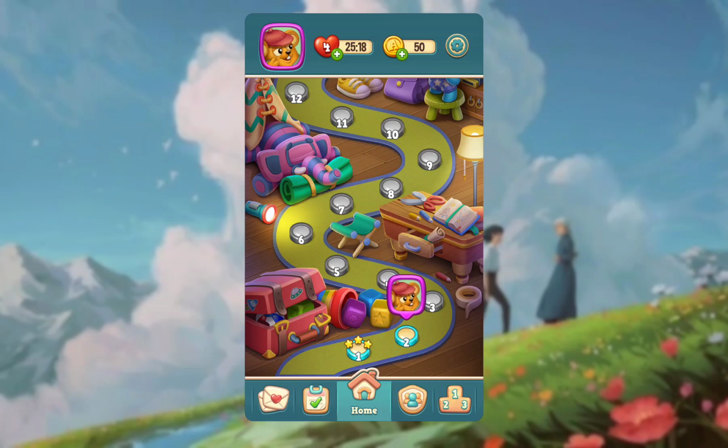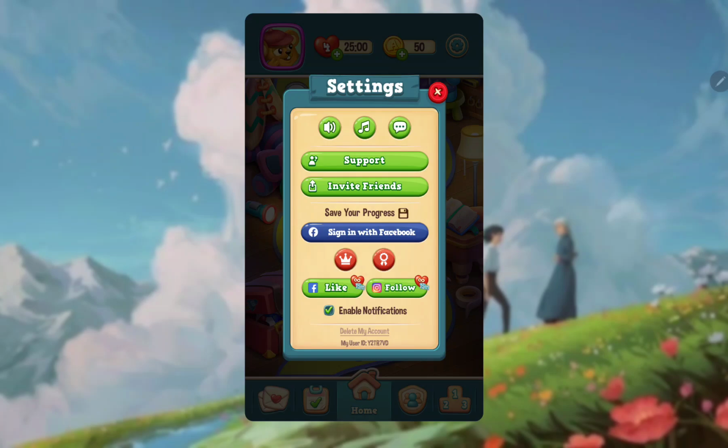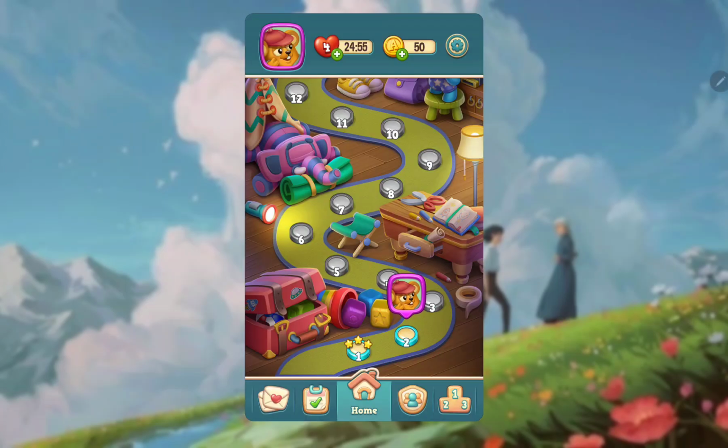So let's jump into it. First of all, open the application on your device. So that's the home screen, and you can find different buttons. If you want to find any help about the game, just go to the settings icon at the upper right corner of the home screen, and here you can find the support option under the music. Click that,